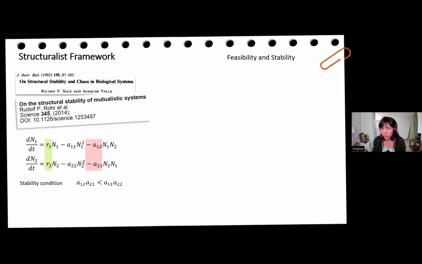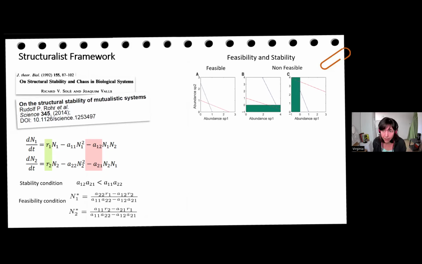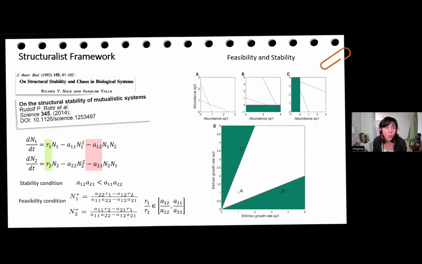However, even if that condition is satisfied, depending on the parameterization that we have, we can have different scenarios regarding the species abundance. We can have, for example, both species surviving, as is the case in A, or one species having negative abundances, as in B and C there on the right. That is because the feasibility condition is a different one to the stability one. It is satisfied if these values, these stars, are positive,